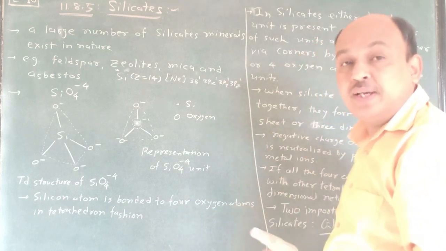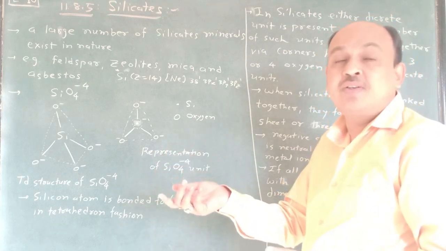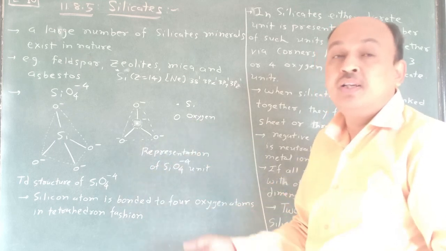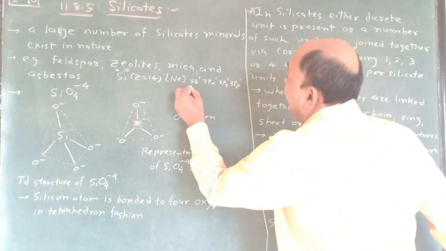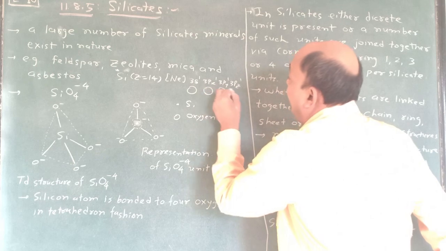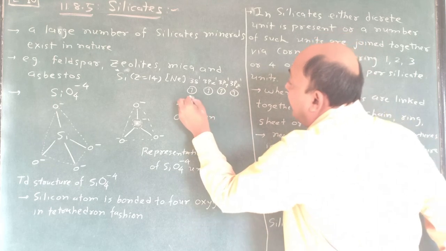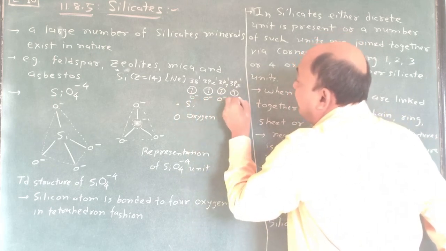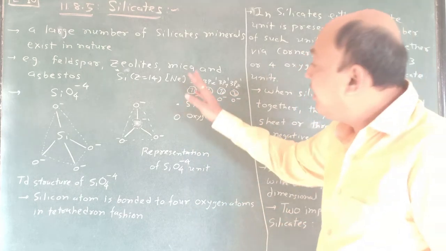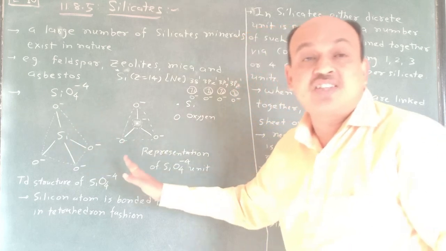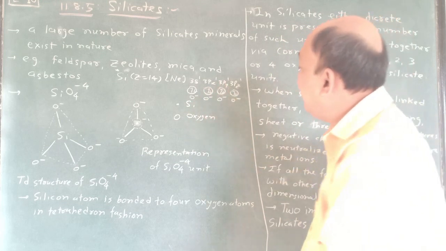Oxygen, when Z equals 8, is precise. But when it is O minus with Z equals 9, that means one electron is more in the outermost orbital. That is called oxygen enriched, and that's why it possesses an unpaired electron. So this is an electron from silicon and another electron from O minus. They share this type of orbital. And here, a tetrahedral structure, how this O minus is developed, just see here.